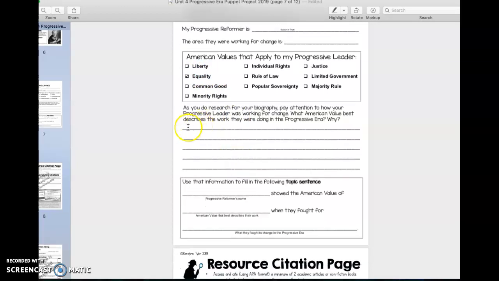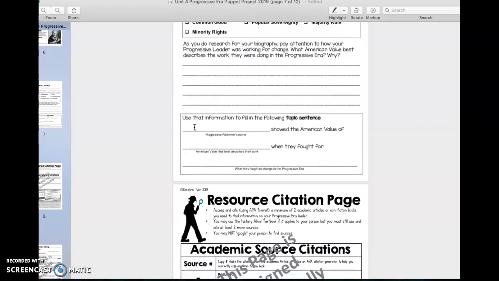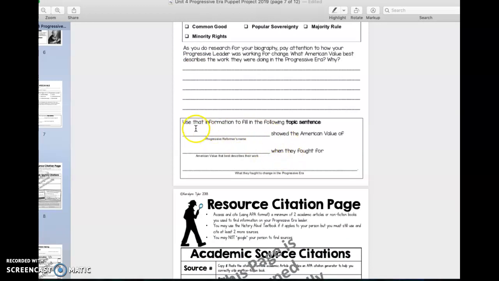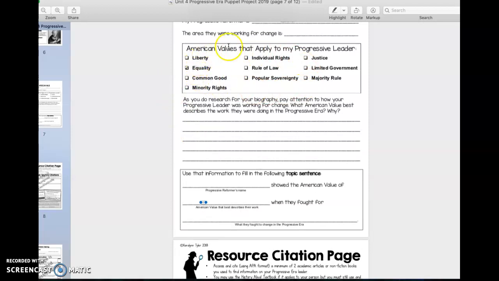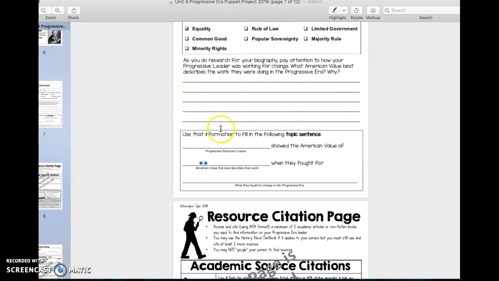And then, as I do my research, I would want to make sure that I write down what it is about her that really defines her working towards equality, and then use that information to fill this in. Blank, Sojourner Truth, or whoever you're doing your research on, showed the American value of equality, or whichever one of these terms, American values, best fits your person that you've researched,